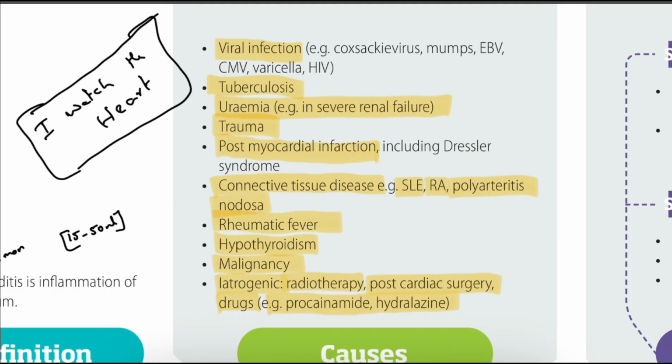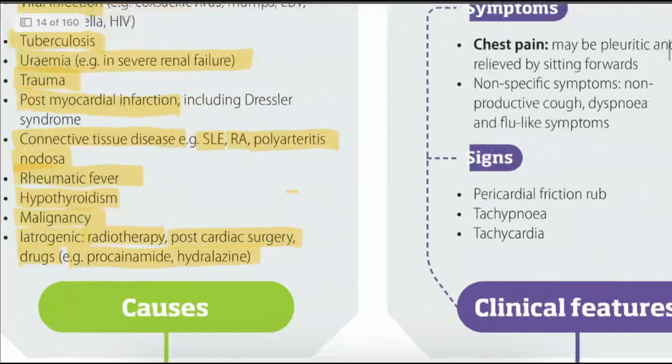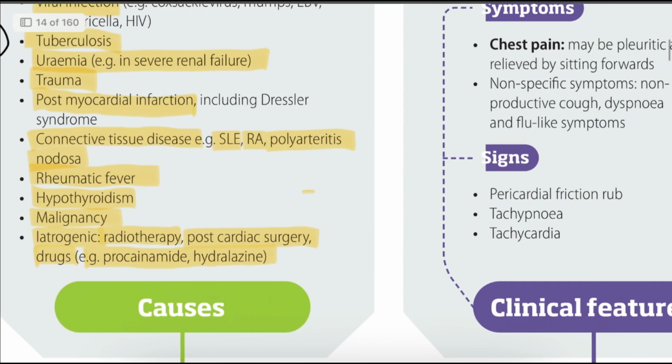Next, we can see some common causes. The most common cause in developed countries is idiopathic, unknown cause, or viral, like Coxsackie and echovirus. In developing countries, tuberculosis can lead to pericarditis. Among special causes we can see uremia, autoimmune disease, and malignancy. Next we can see some risk factors, like recent viral illness, tuberculosis,